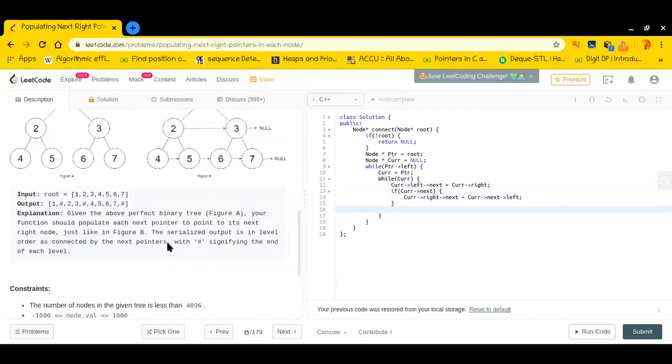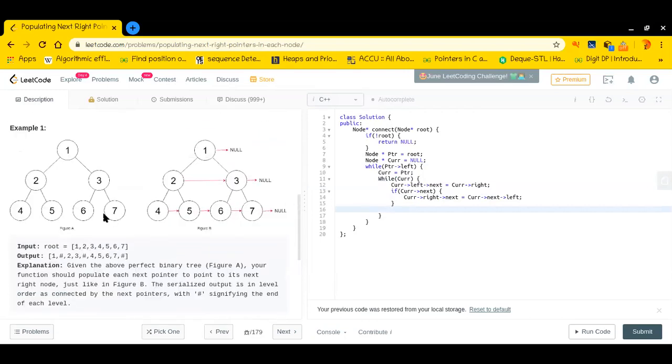So that is why I will simply go to the next node of cur. Cool.